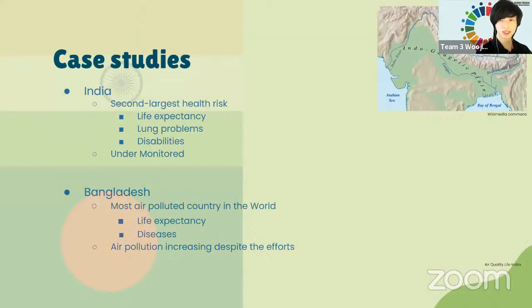Moving to some places that have the most severe problems, the case study in India reveals air pollution is the second largest health risk in India, reducing the average life expectancy of India as a whole by 5 years and by 7.6 years for 40% of the Indians in the Indo-Gangetic Plains, which is the most densely populated area in India. Also, due to air pollution, respiratory diseases and aging of the lung are much faster in India,